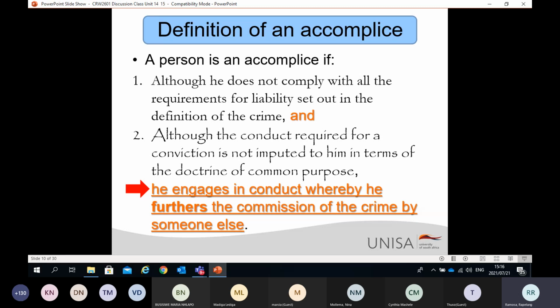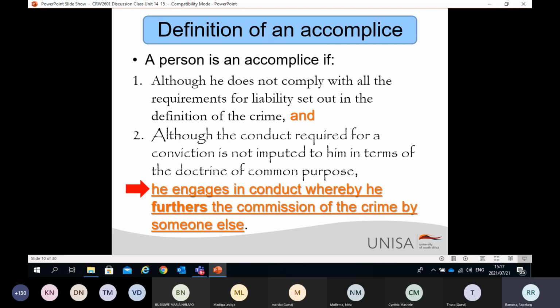For that person who holds the victim down, that person did not perform an act of sexual penetration, and by virtue of the fact that the act of sexual penetration is only conduct that can be performed by somebody's particular body parts, that cannot be imputed on the person who merely holds the victim down. So in such an instance, common purpose liability